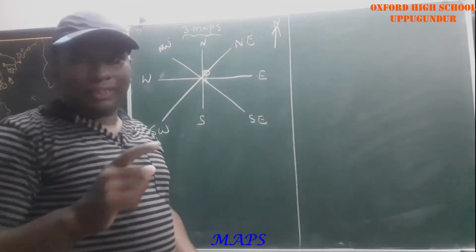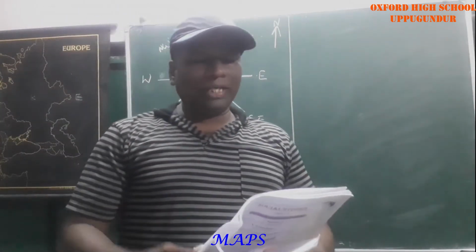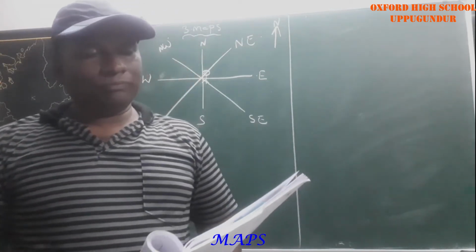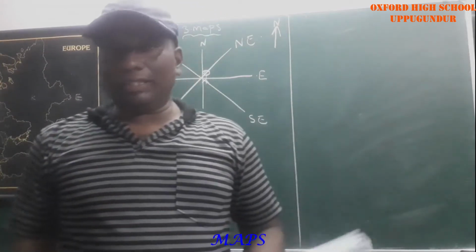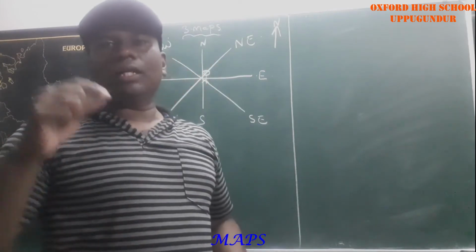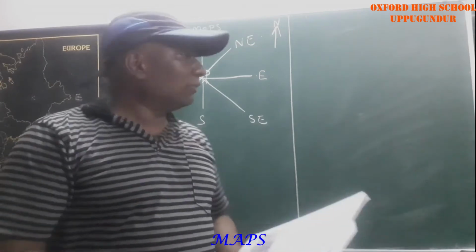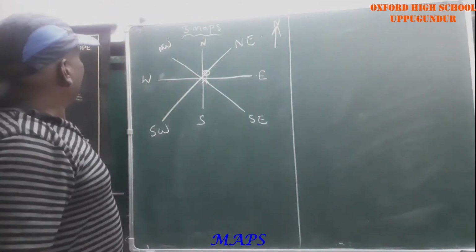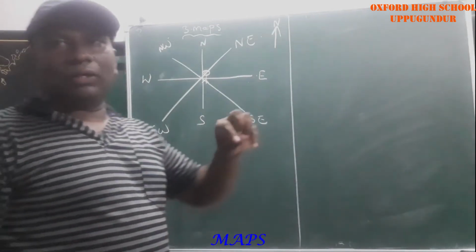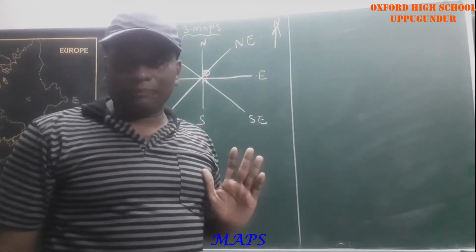Now I will read out what is written in your textbook. In the previous chapter we learned how to use a globe as a model of the earth. The globe has some limitations as well. If you want to find locations, it is not possible to find all locations through the globe. If you watch the world map, you are able to find the directions and places very clearly, isn't it?